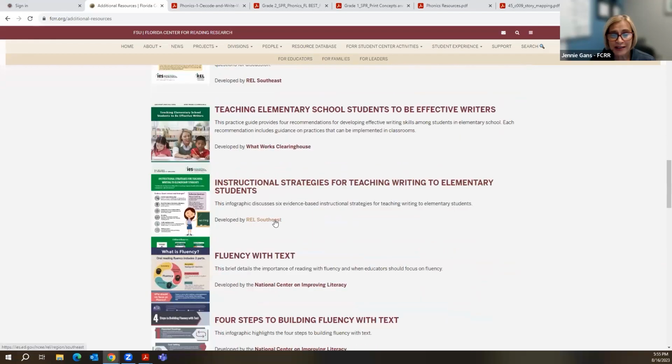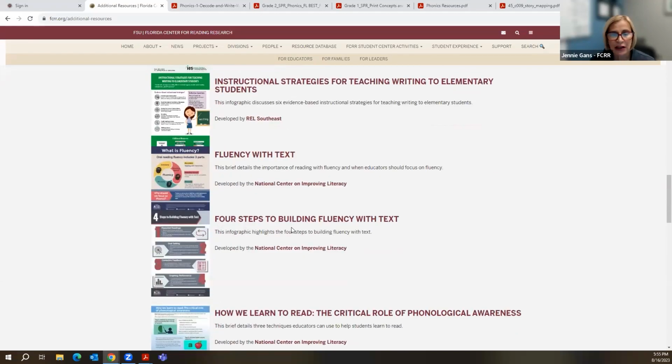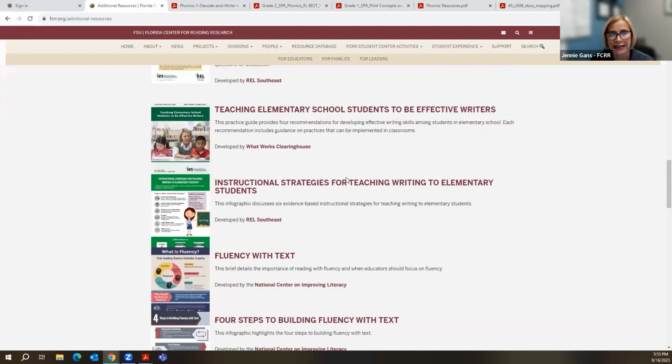Some are from us, some are from other institutions that are absolutely fabulous, like the National Center on Improving Literacy, or the REL, Research Education Laboratory, or the Institute for Education Sciences, or Reading Rockets, or any of these amazing sites.